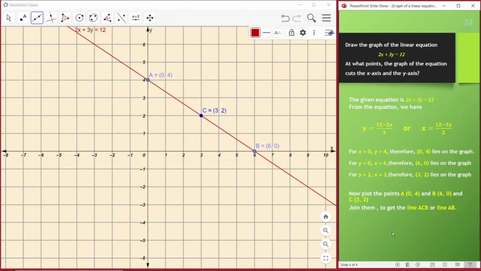Next we have been asked, where does this line intersect the x axis and y axis. See, x axis को कहाँ cut कर रही है? At point B, 6, 0. देखो x axis पे क्या होता है? y component 0 होता है. x axis पे y component 0 है, तो all the points with y component 0 are on the x axis. And where is it cutting the y axis? At A, 0, 4. On the y axis x component is 0, so 0, 4. These are the 2 required points which were asked.